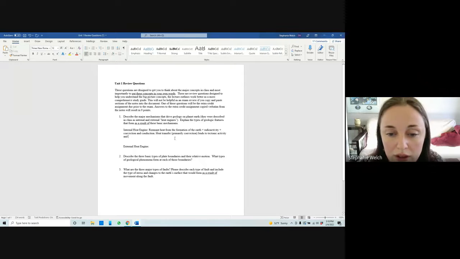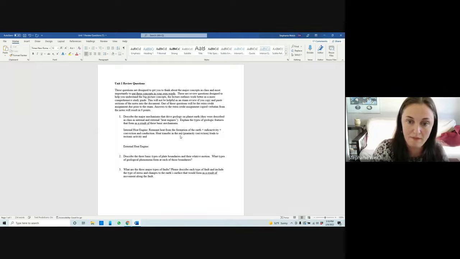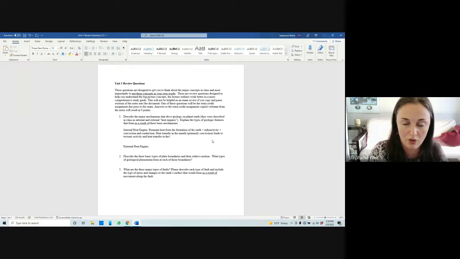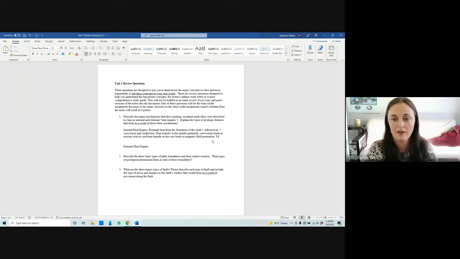Let me specify: heat transfer in the mantle, primarily convection, leads to tectonic activity, and heat transfer in the core leads to magnetic field generation. Tectonics